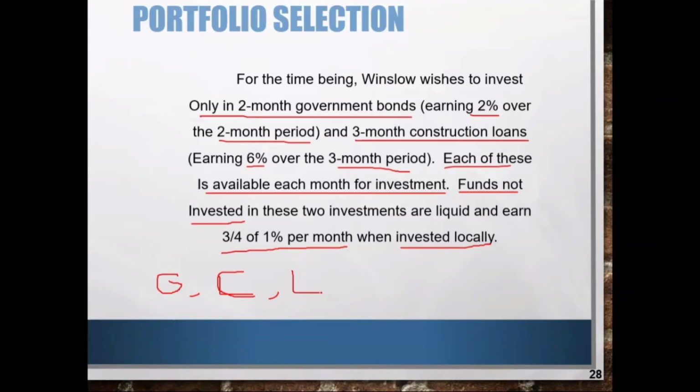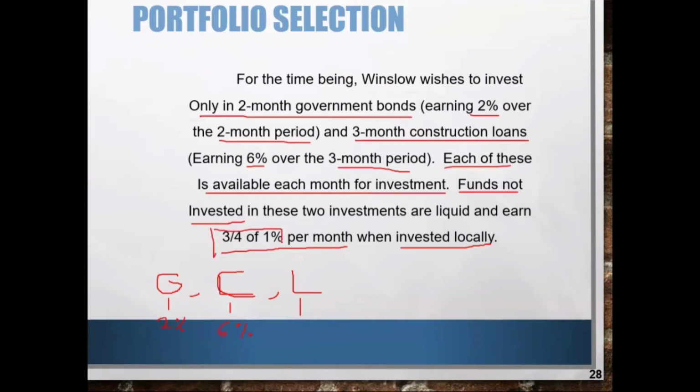After 2 months, government bonds earn 2% at the end of the 2 months. Construction loans earn 6% after a 3-month period. While local investment earns